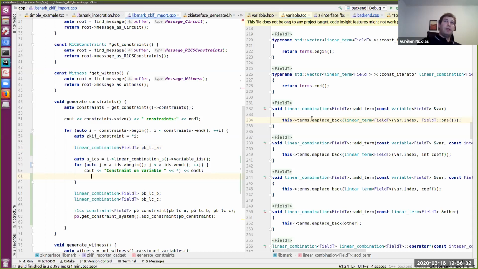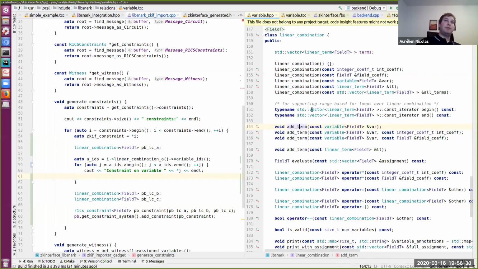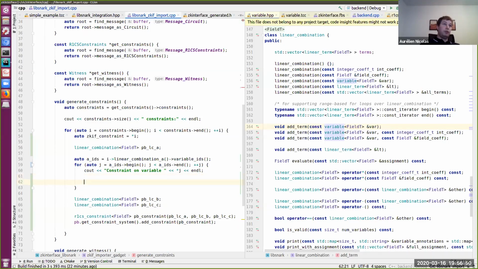But how do I get a variable? So that's the big problem. This is going to be the big problem in our little project here, how to get the variables, because we have to discover them first. So let's assume we understand here how to do this. Right, we do add term